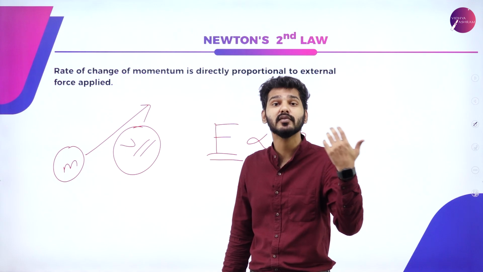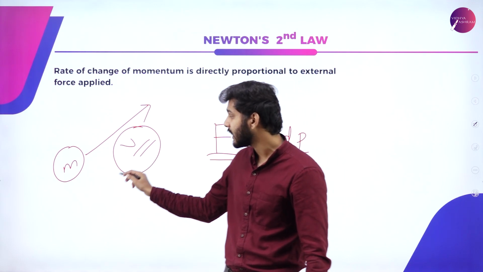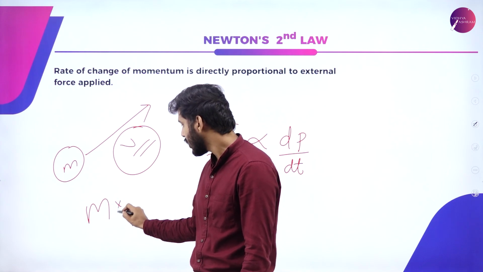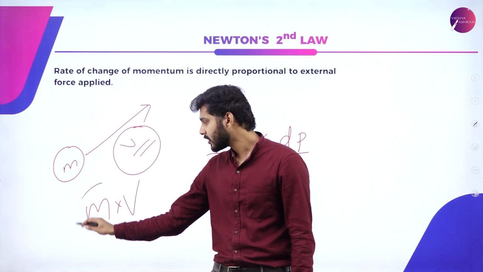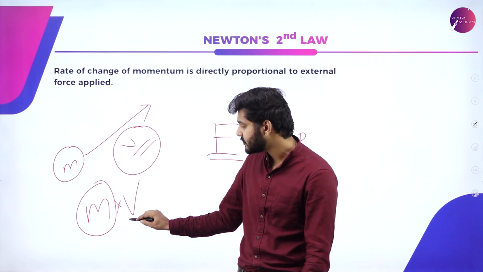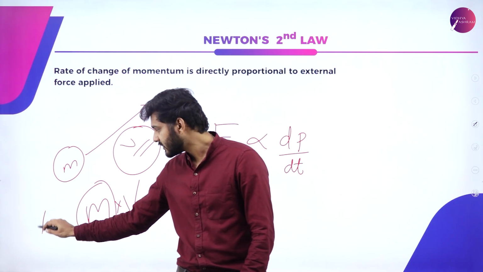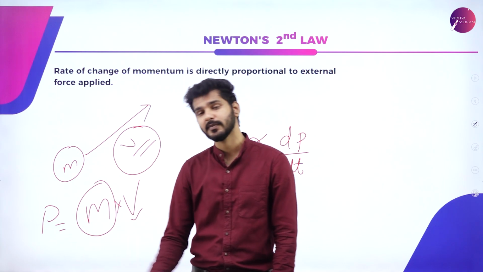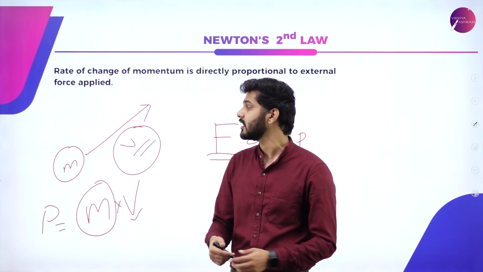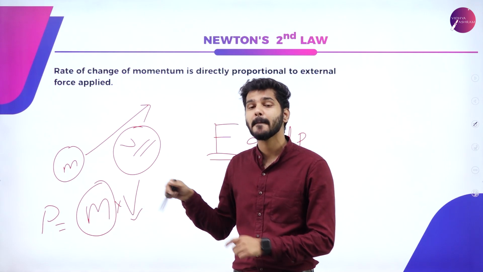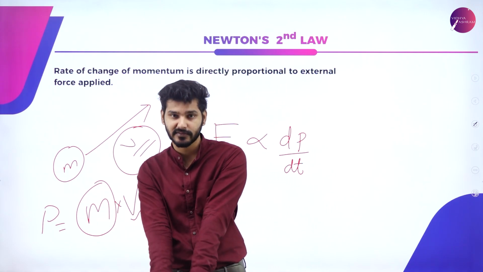If I can influence its velocity, I'm changing its momentum, because momentum is m times v. Even though I cannot change the mass, I am changing the velocity. So since I'm changing the velocity, the net momentum, which is indicated by P, is again changing. That is why I can change the momentum by just applying an external force.